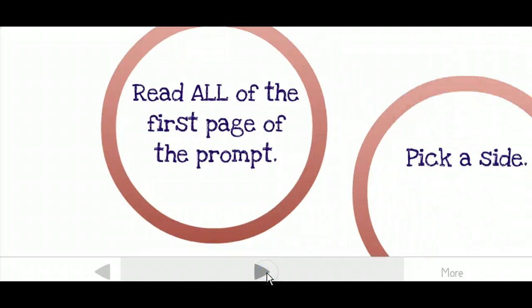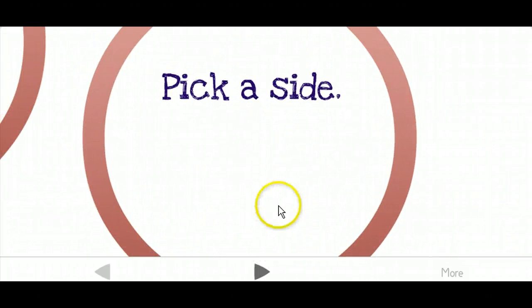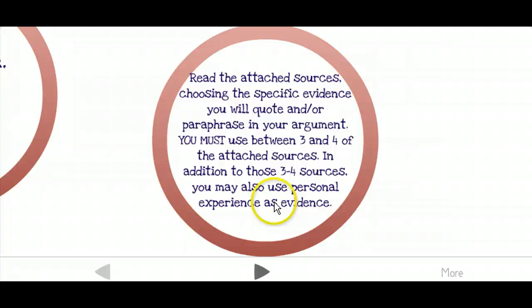The next thing you need to do is to pick a side that you're going to argue. Decide what is it that you're going to say. What position are you going to take here? You need to decide that before you start reading the sources, because if you take the time while you're reading the sources to be picking out what side you want to write on in your head, it ends up wasting a lot of time that you don't have. You have 40 minutes to complete this writing, so you don't have a lot of time to be wavering back and forth trying to decide what side you're going to take. The next thing you should do before you write is